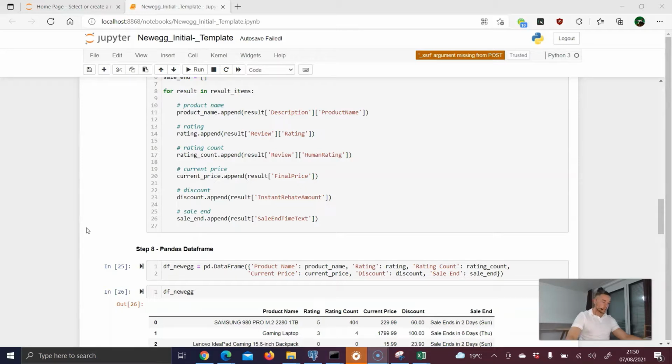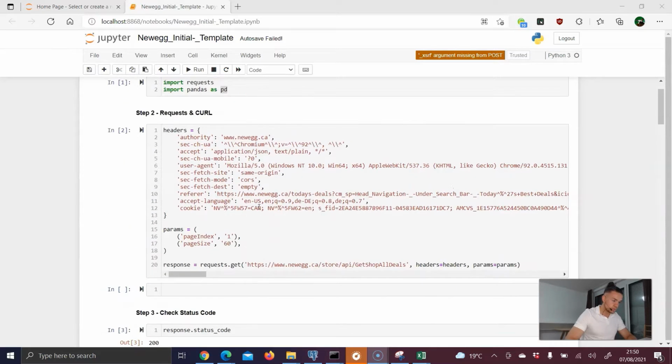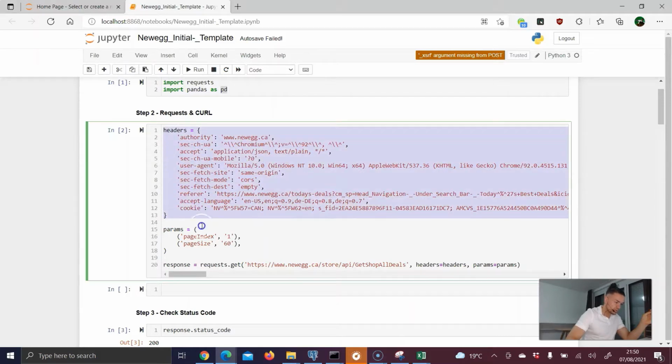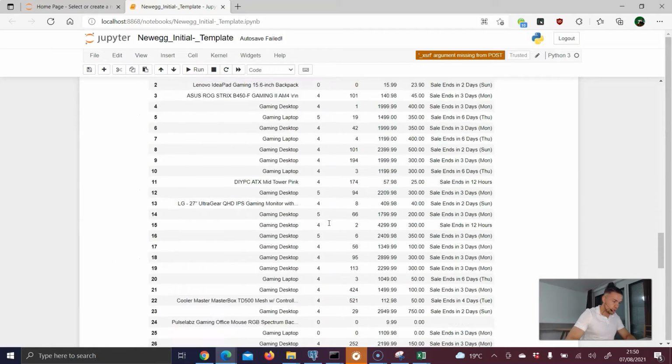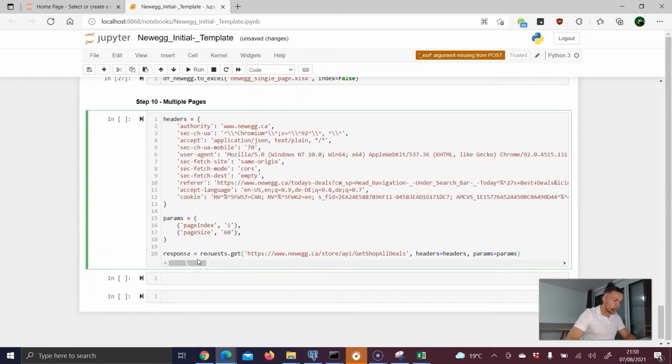Okay, so for now what I want to do is we need to scroll all the way up. And now you actually need to take a look at this again as, let's say, a separate project, okay? Because now we have to copy this request, copy that, scroll all the way down, and here we need to paste it. And now we need to find the logic how to modify this request in order to be able to scrape